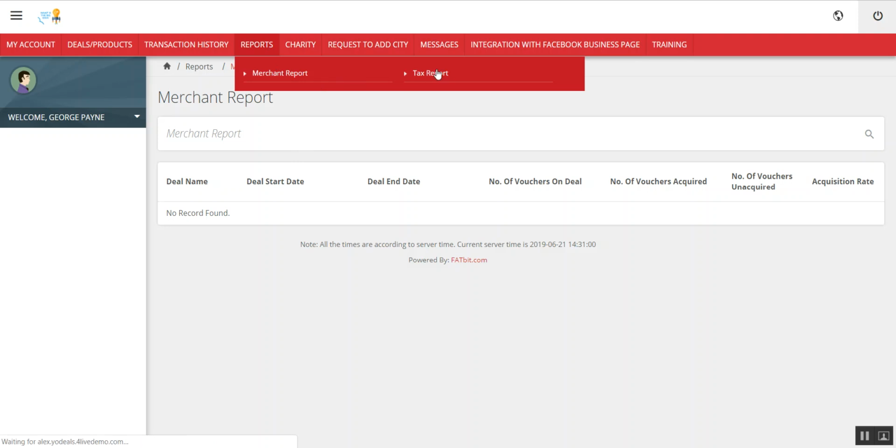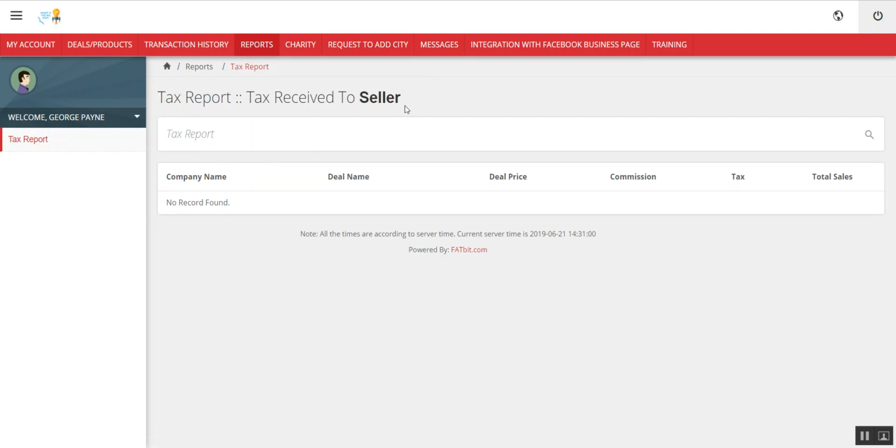There's also a tax report, which is really important because around the world there are all different types of taxes, sales taxes. Now the great thing about Tabla is that we are voucher based, tab orientated. It's like a voucher that we're selling, so we don't have to collect or pay sales taxes. The reason is that the tax is collected and paid for at point of purchase, and the reason is that